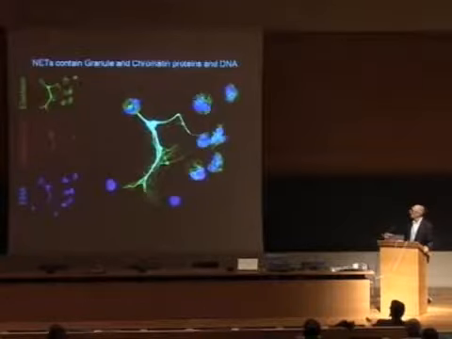I should say that we tried antibodies against different histones and against different granular markers. And now we know by a proteomic approach that there are other proteins that are cytoplasmic that are also present in the nets. And we actually don't understand how proteins are selected to be in the nets. In vitro, it looks like the nets are hooked to the neutrophil that made them, and they are very dense close to it. As we go farther away, the chromatin gets more ramified, and we can see the nets in more detail. So we took an area similar to this, where the nets are very spread out, and did high-resolution